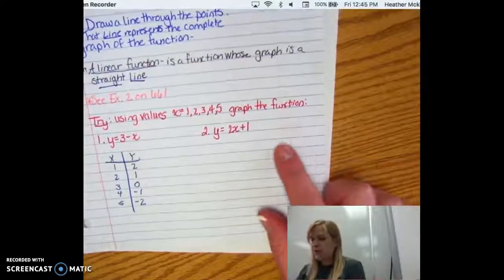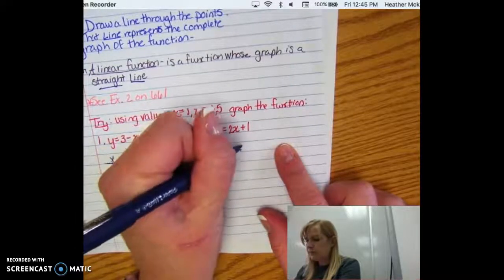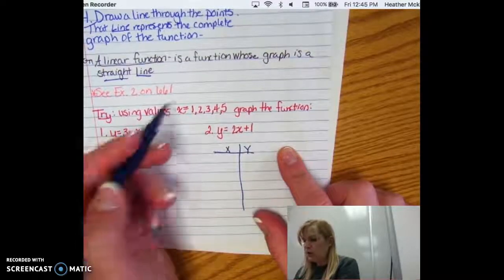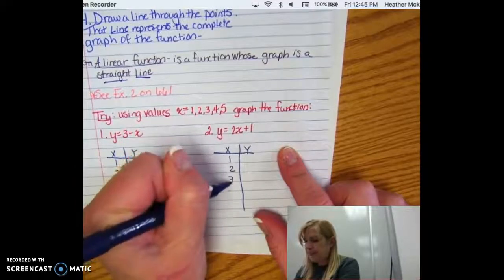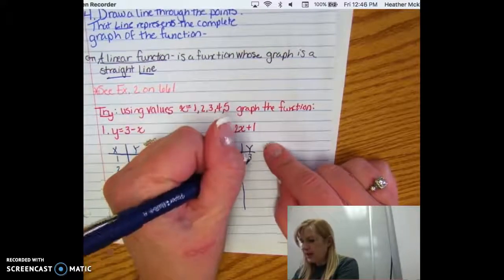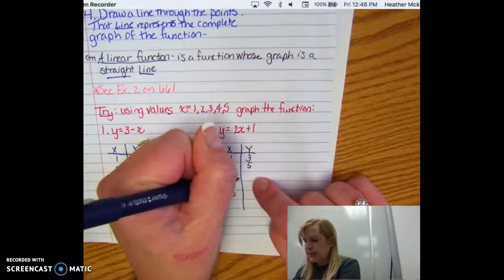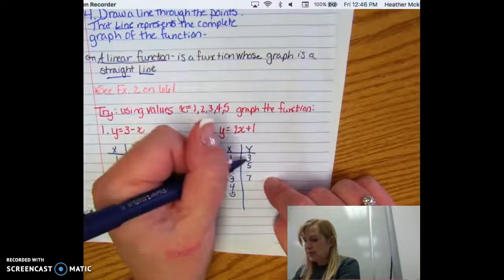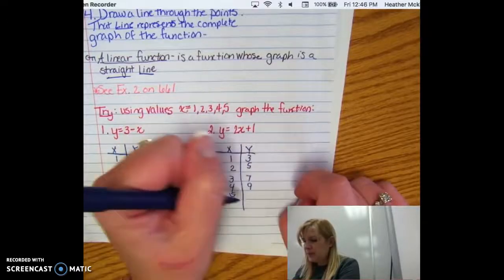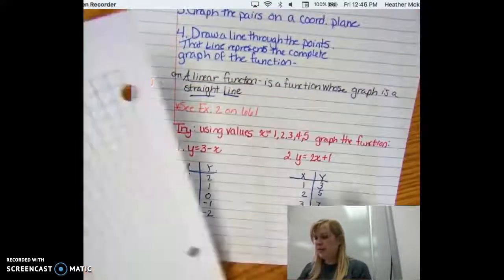Let's go to number 2. We're going to use the same values because it told us to up here. So 2 times 1 is 2 plus 1 is 3. 2 times 2 is 4 plus 1 is 5. 2 times 3 is 6 plus 1 is 7. So we're seeing the pattern 3, 5, 7, 9. 2 times 5 is 10 plus 1 is 11. So if we were to graph these functions,